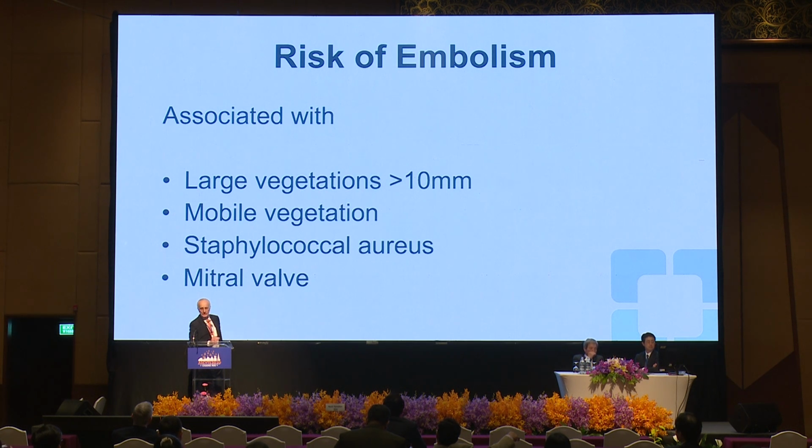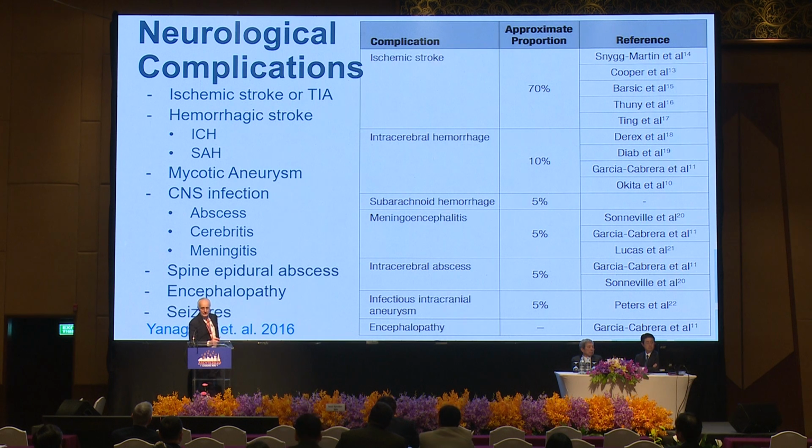And we all know these correlations, that large vegetations are associated with embolism, mobile vegetations on the anterior mitral valve leaflet, the organism being Staph aureus, and Dr. Desai at the clinic did a meta-analysis that really confirmed these things. I was involved in this overview